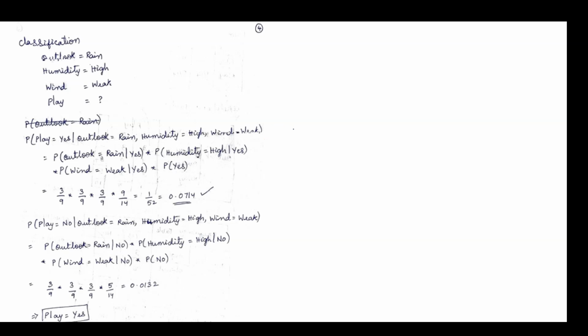Now here we will take the advantage of conditional independence or class conditional independence. Conditional independence says that for a given class label, in this instance, for a given class label play is equal to yes,